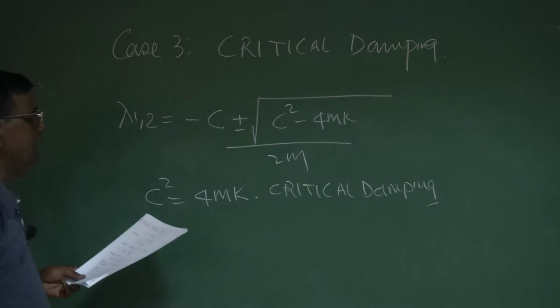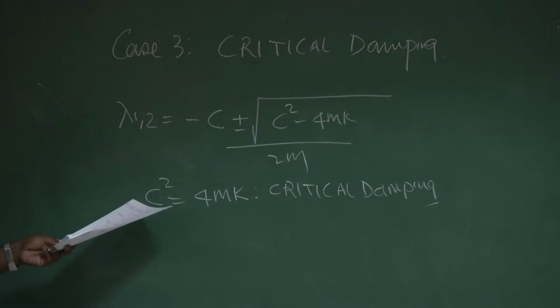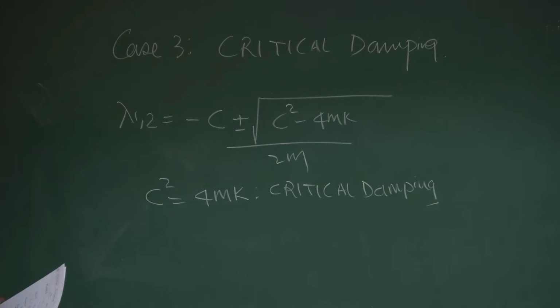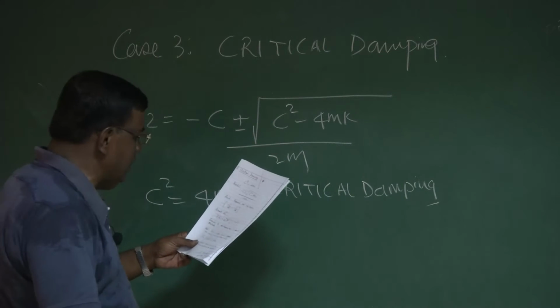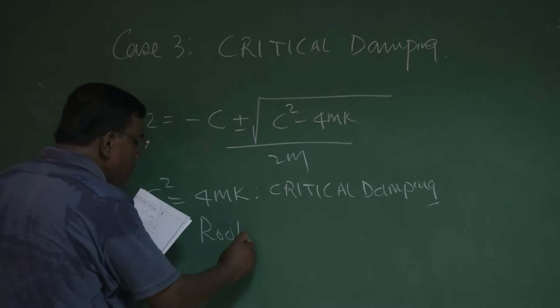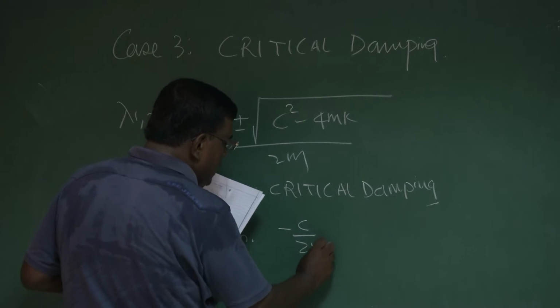And you could understand, if c squared is less than 4mk, it is under damping. c squared greater than 4mk, it is over damping. So c squared equal to 4mk is the boundary which separates under damping and over damping. And this is also termed as critical damping. And you could see here, it has roots which are repetitive in nature, and they are minus c by 2m,